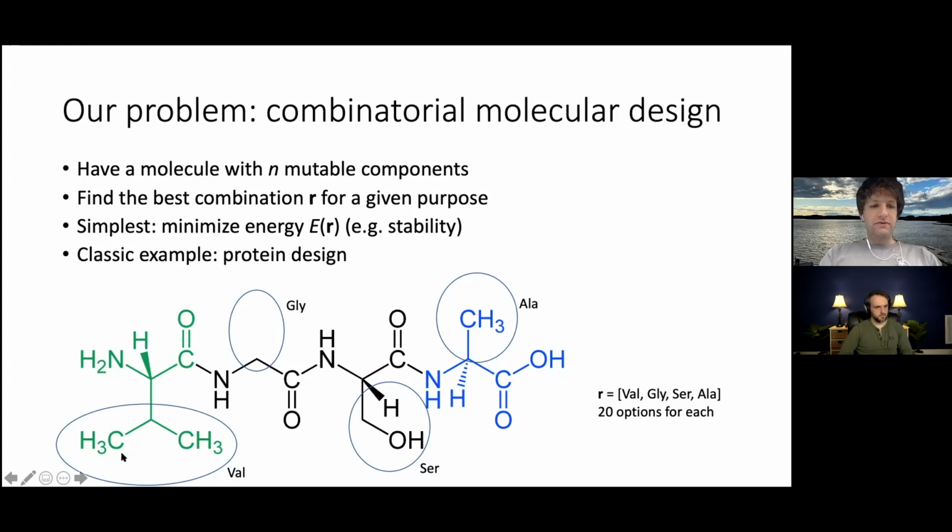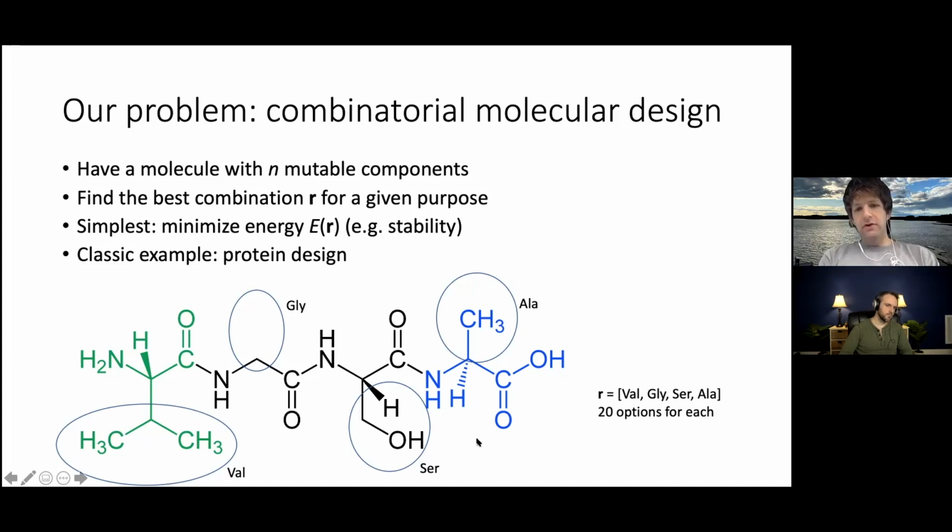So, this first one in green, that's valine. You have this 3-carbon side chain. For glycine, it's just a hydrogen. Usually we don't show the hydrogens explicitly, so that's why it looks like there's just a backbone. And of course, glycine's goal is largely when you don't need specific side chain interactions. And then so on and so forth.